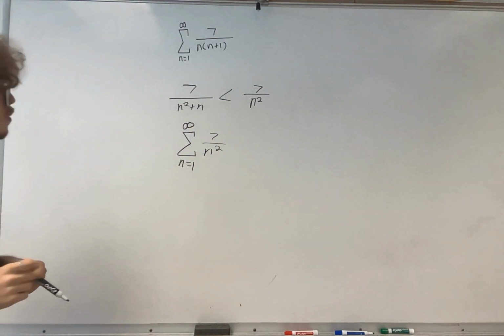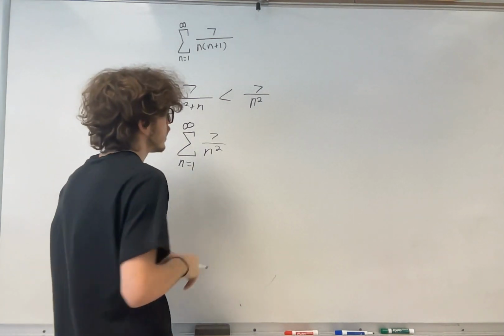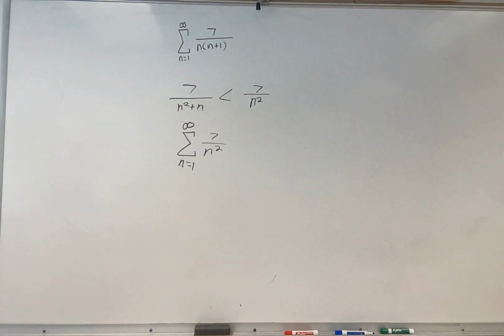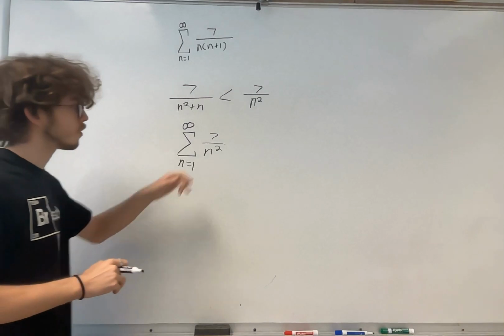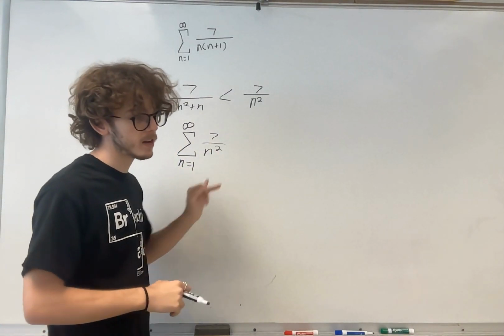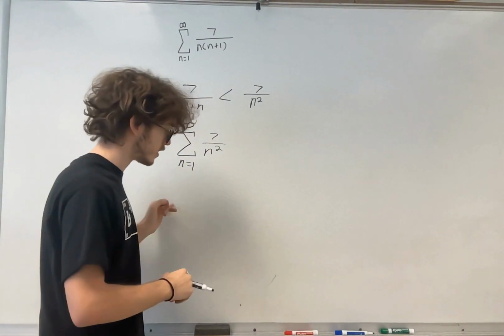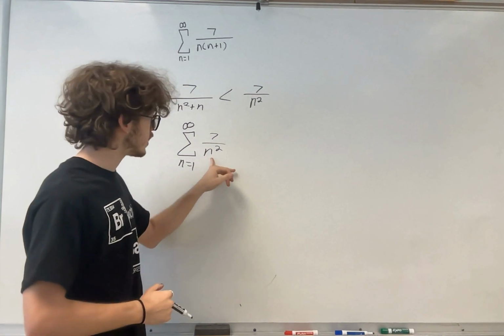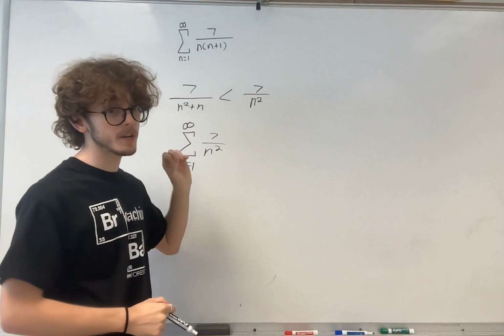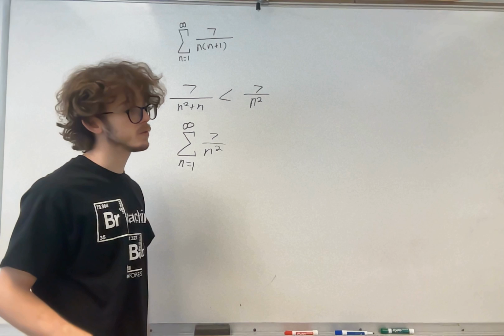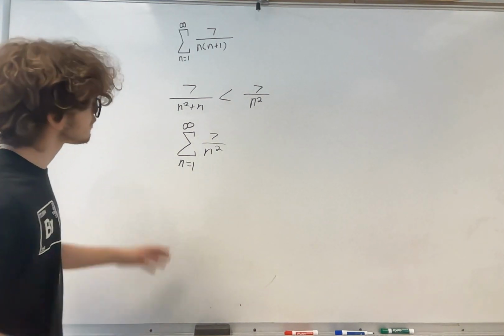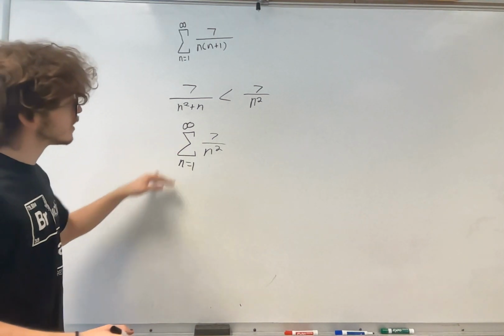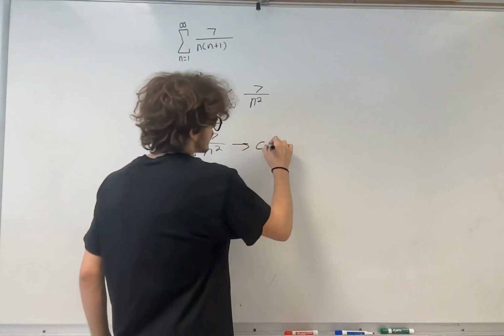Now, when this exponent is greater than 1, we know it's convergent, because we're going to grow the denominator and grow the denominator and grow the denominator. And as we reach infinity, the limit as this approaches infinity is 0, so we're going to converge to a single point. So because we know that this is convergent by p-series,